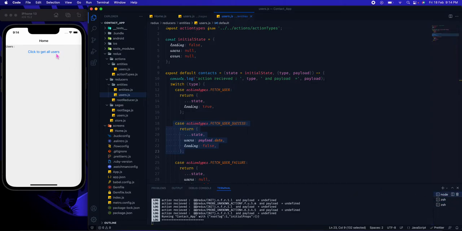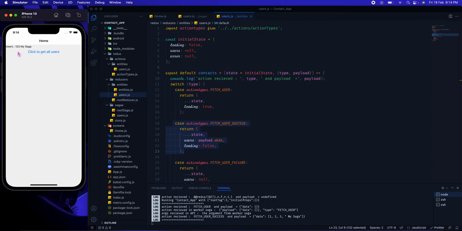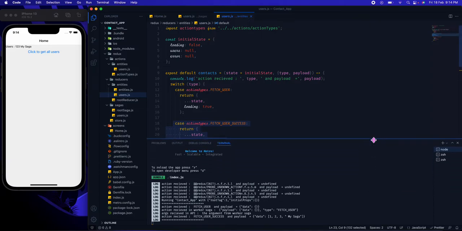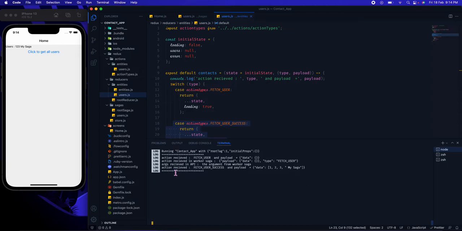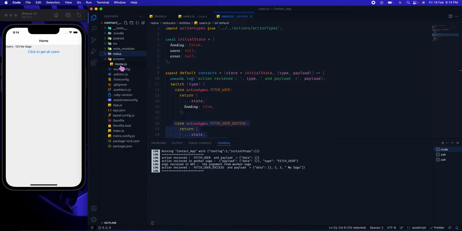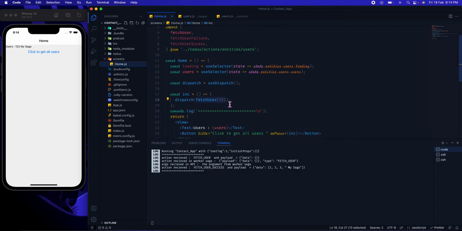So when I click this, 1 2 3 my saga, let's understand what is being logged here. Notice from here, in between these equals lines, "action received." The folder structure will be explained at last. So in the home screen,